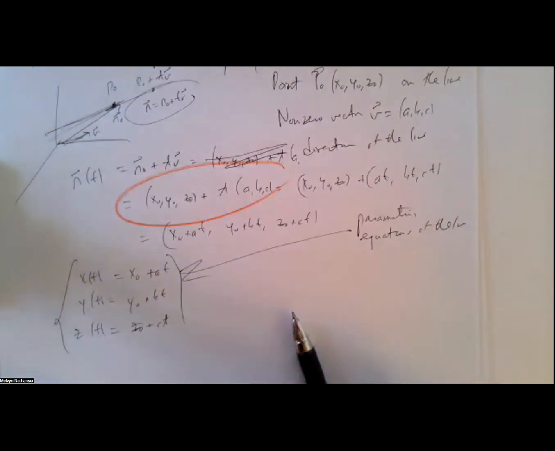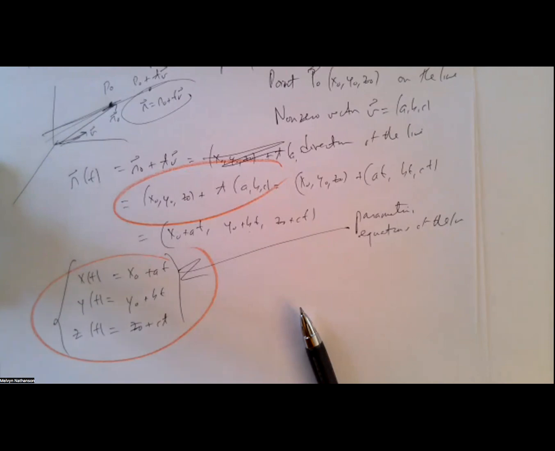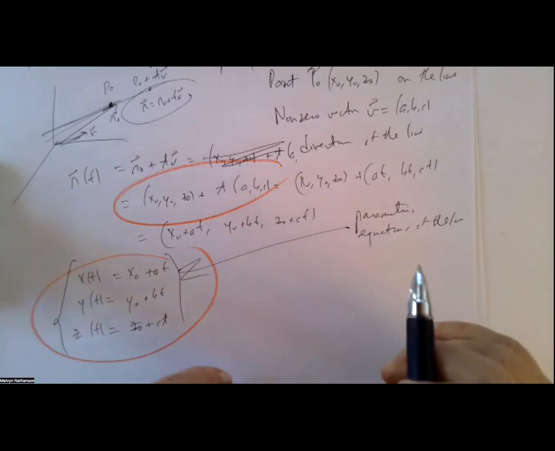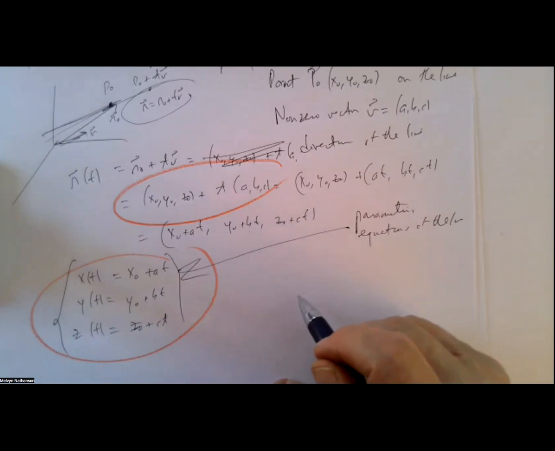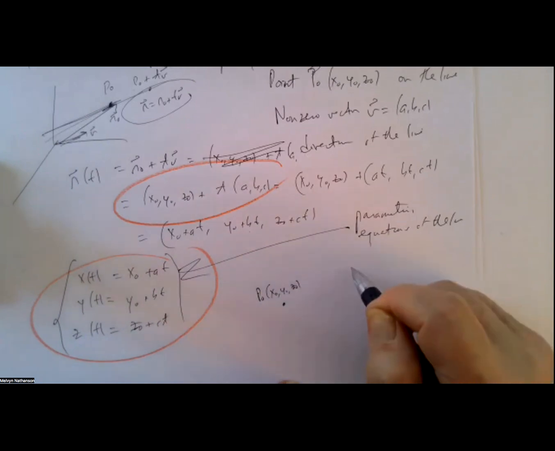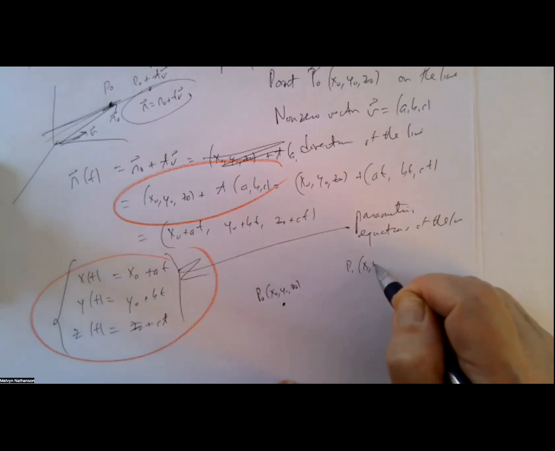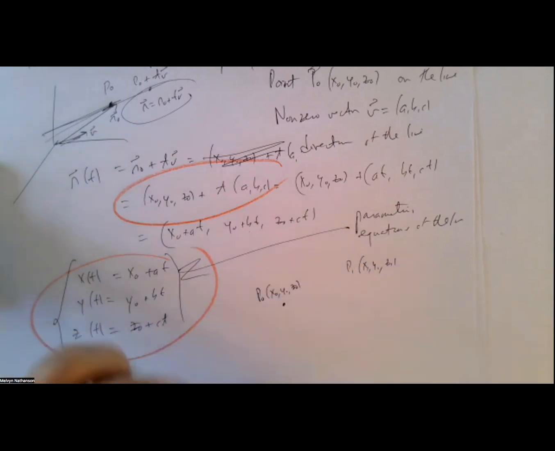this is the equation of the line, and the parametric form is this. So to describe a line, you need to know one point on the line and the direction the line is going in. Now, they teach you in school correctly that 2 points determine a line. So suppose you have a point, say P naught, with coordinates x naught, y naught, z naught, and another point P1 with coordinates x1, y1, and z1, and you want to find the line